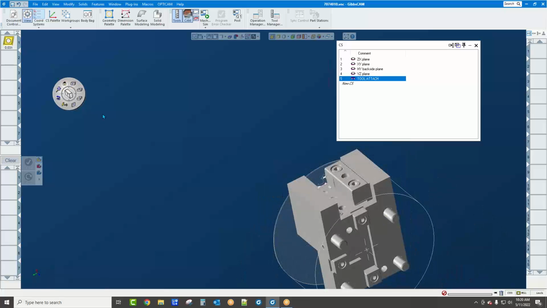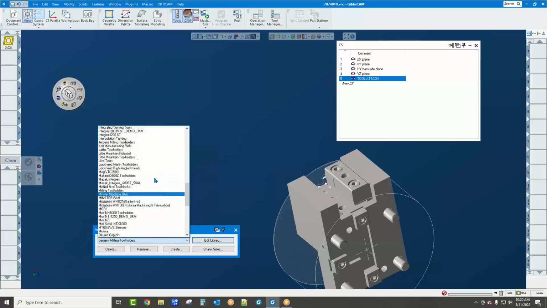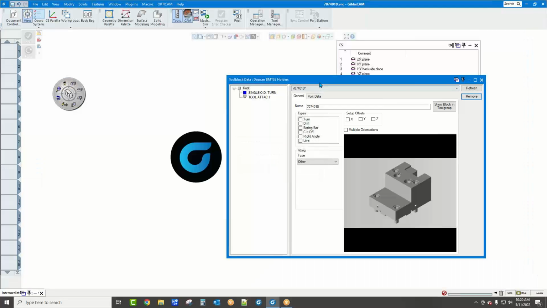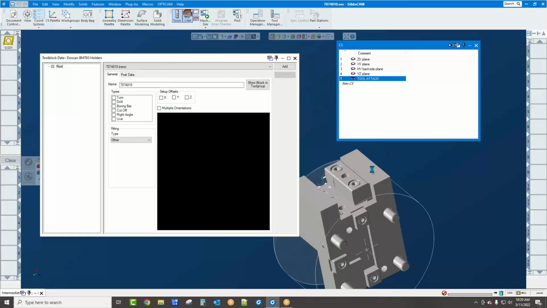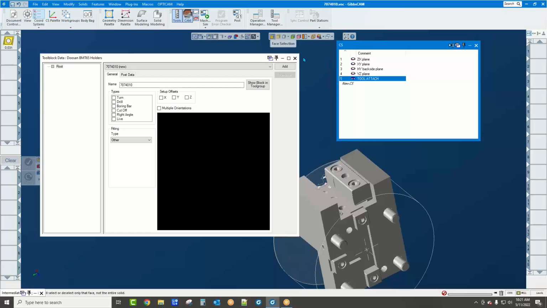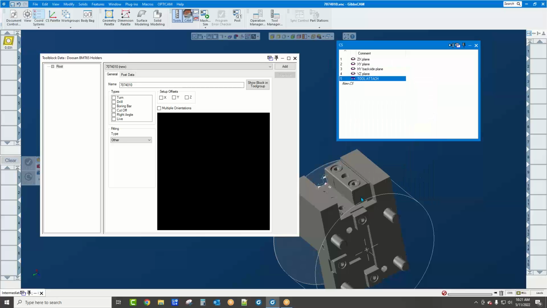So with that being said, let's go here and go File, Tool Block Library. Let's go into our Doosan BMT. Let's see, as soon as I find it, sorry, 65. Let's go edit the library. Let's go remove this block. Yes. We'll go ahead and let me put some color to it. Whoops, might help if I had the face select turned off. Okay,